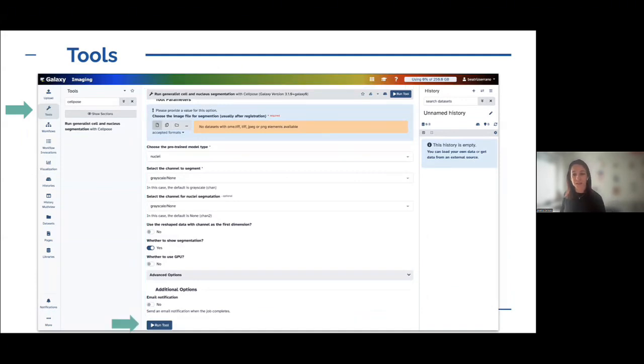And then on the right side in the history, there will be a new box that will appear saying, okay, there is a task here that is running. And this task will be yellow at the beginning while it's scheduled and can actually run or is running. And then when everything is good and it worked well, it becomes green. If something failed, it becomes red. And then you can go and check what was wrong and why it failed. So that's when you have a tool and you want to run it, that's very straightforward.